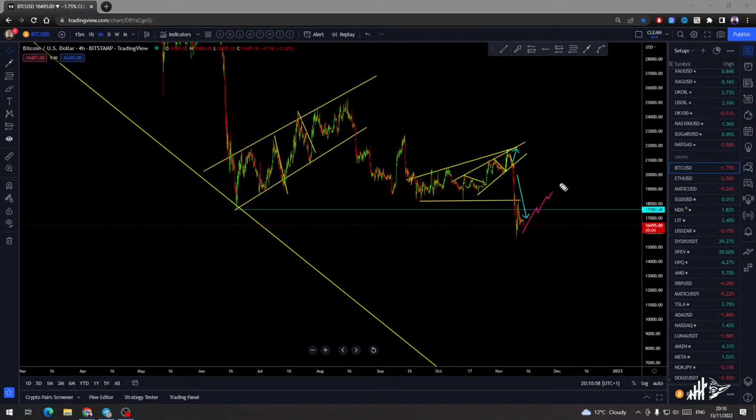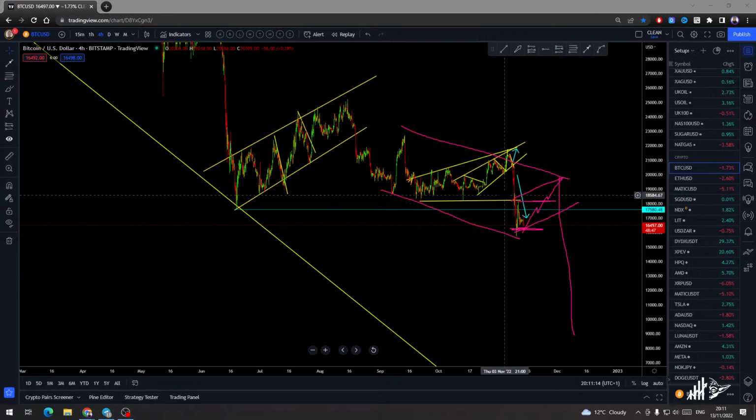I still think this could as well go something like this, give us the big running flat over there, and then go lower. This is a very possible scenario as well. This correction can get bigger, or it can stand and stop over there. These are the options which can develop over there. So be aware what you're doing, where you're selling, and how structure is developing. It will always tell you.